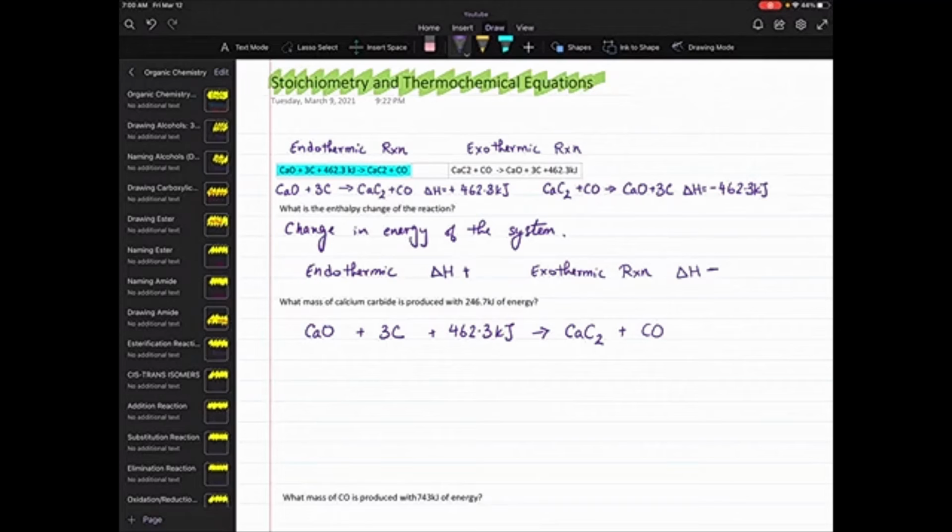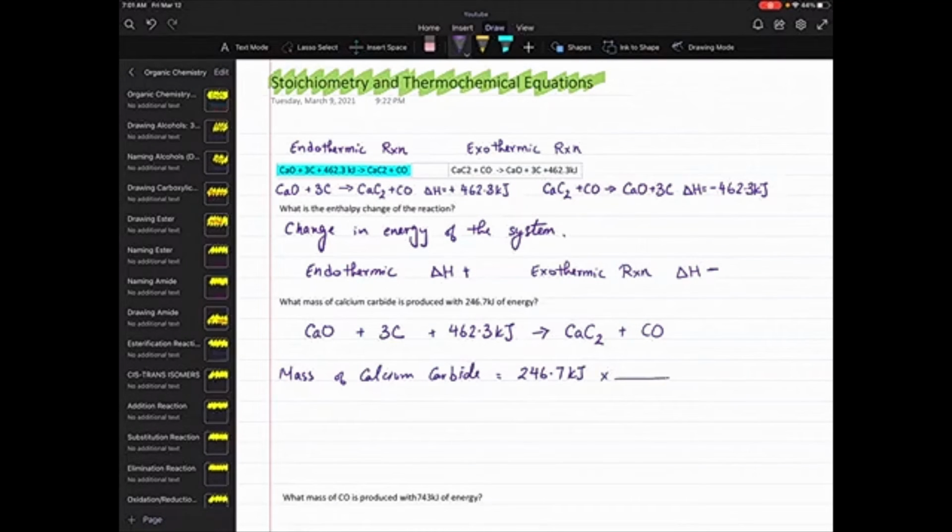But we are looking for the mass, so let's work through the problem and figure out the mass of calcium carbide that is produced. I will write my statement: mass of calcium carbide is equal to the amount of energy that is given to us. We have 246.7 kilojoules of energy provided,